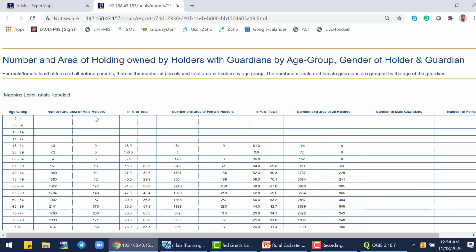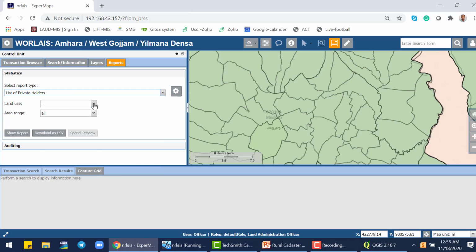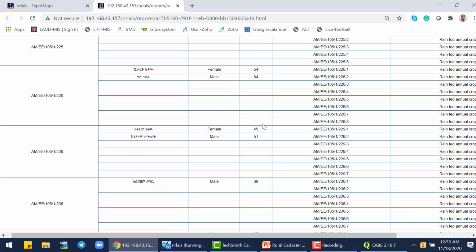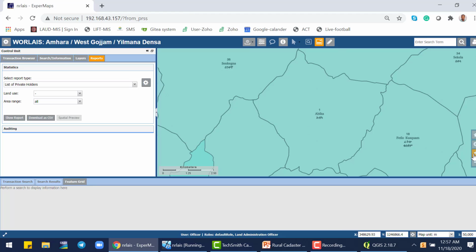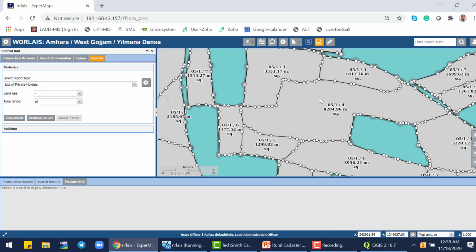generate a report and also use it as input or a base, especially for any development. This is also based on the area range. This is very important also for land consolidation as well. So this is also the information related to the area range. The other thing is also information on the access to credit because